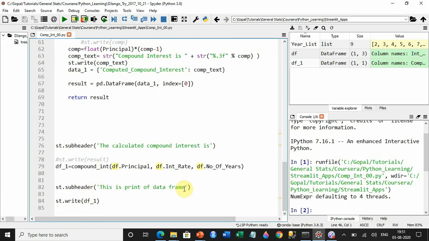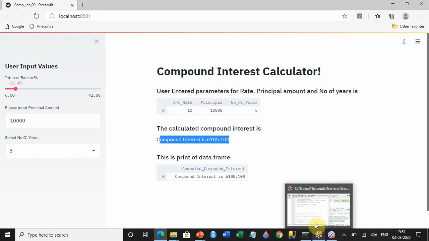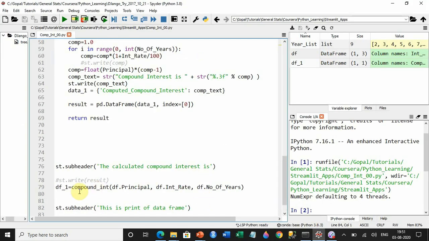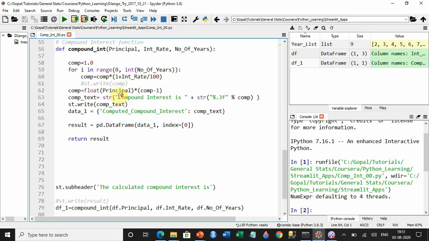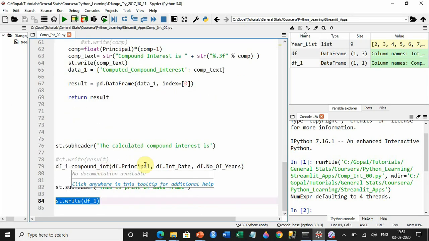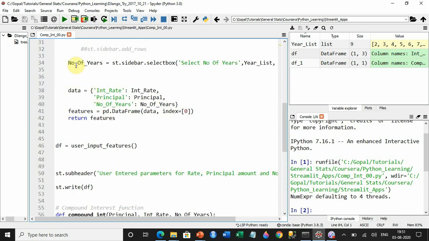If I want, I can put df underscore 1 here. So st df underscore 1, then this is how the data frame is coming. So this bottom portion is the df underscore 1. But how is this coming? This is actually coming within the function. So if you take a look, when you are putting this compound interest, it's putting those values here, and you are passing these parameters: df.principal, df.interest rate, df.number of years, which is the variable that you had defined here, right?